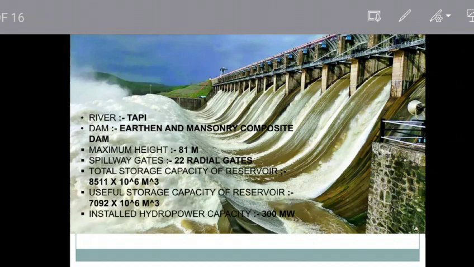Here we have taken the example of the Tapi river. The dam is constructed as an earthen and masonry composite dam. The maximum height of the dam is 81 meters. Spillway gates are 22 radial gates. Total storage capacity of the reservoir is 8511 times 10 to the power 6 cubic meters and the useful storage capacity of the reservoir